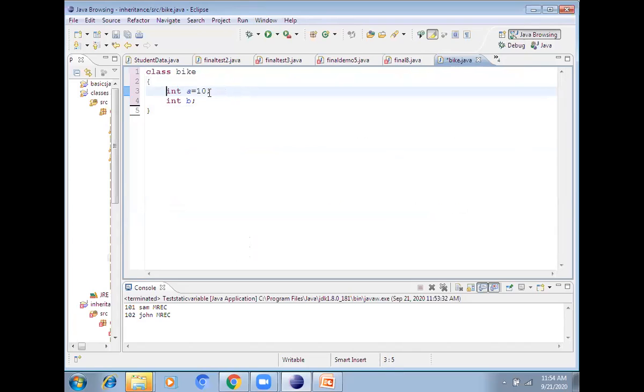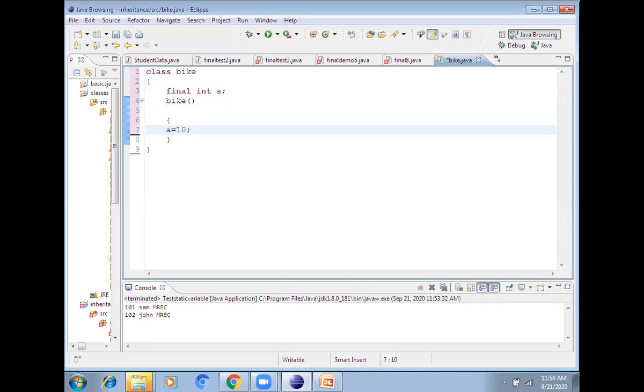If I give it like this, final int a, without initializing, I declare a variable, and my initialization should be done inside the constructor. I told you this just a while ago. A final blank variable means a variable which is not initialized at declaration, but can be initialized inside the constructor.